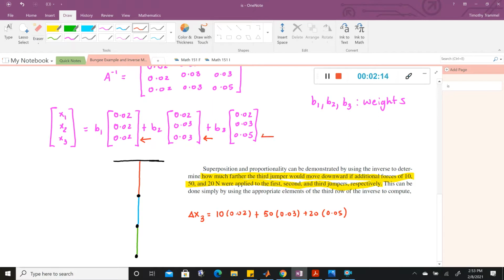And then this last thing we calculate, B3 times 0.05, this is going to give us the change in displacement for bungee jumper 3 based on this change of 20 newtons of force on bungee jumper 3. It's just we've added each one of these components together. And so if we go ahead and multiply all this together, we're going to get about 2.7 meters. So yeah, our inverse matrix actually tells us more than you might